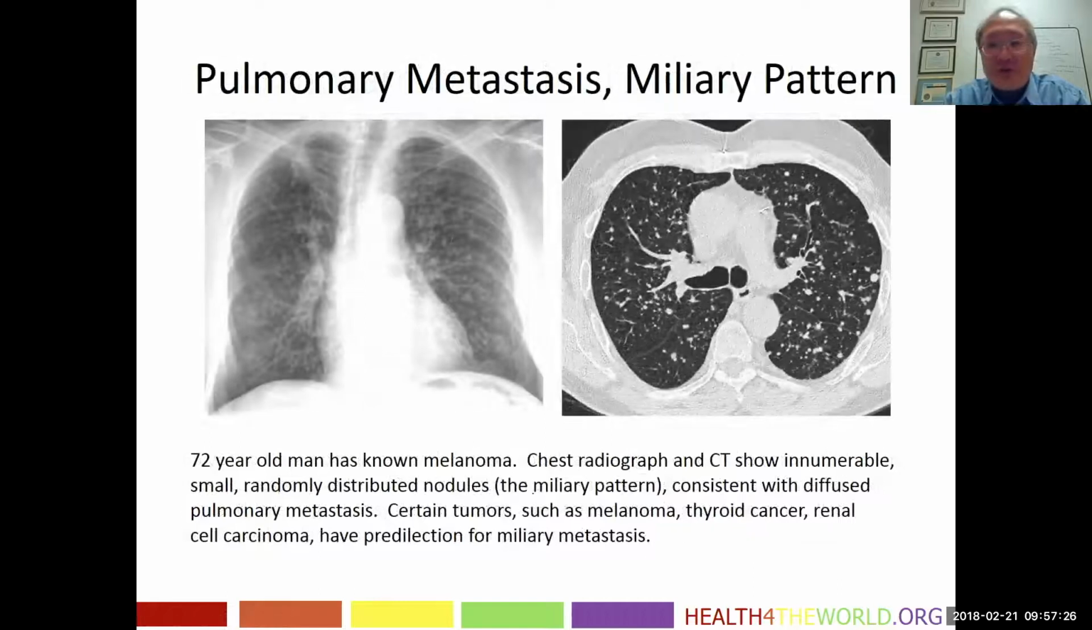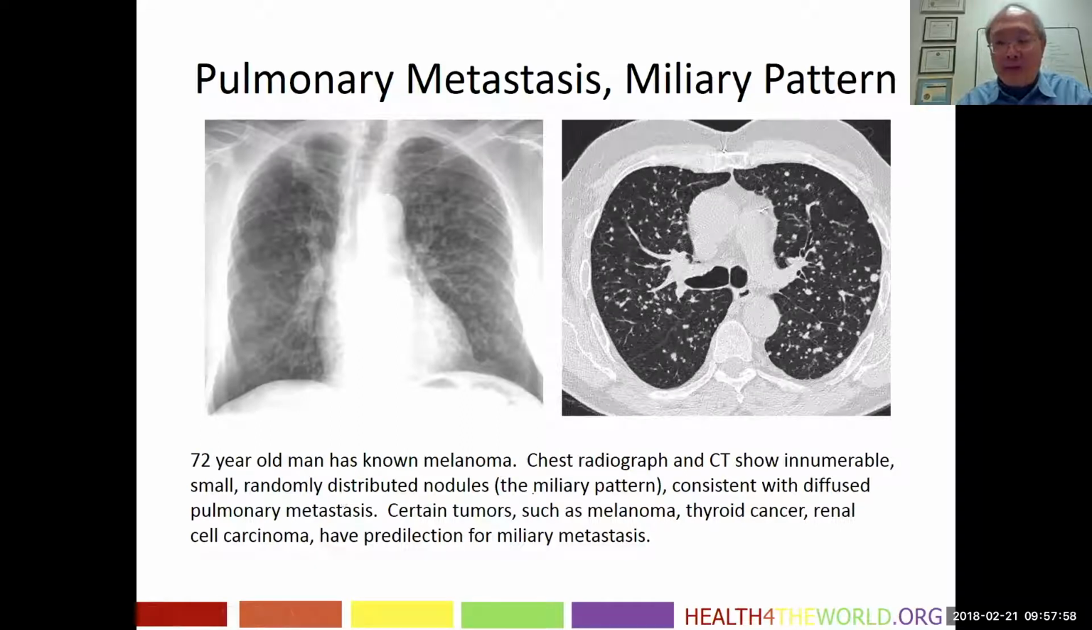Next case, we're going to show you a lung with diffuse nodules distributed everywhere. And we typically, in these situations, will execute the high-resolution CT to try to evaluate the distributions of these nodules, to perhaps give us a clue what it could be. What we do know about this is a 72-year-old patient with known melanoma, so metastatic disease in the lung is high on the list. And on the CT, indeed, we see innumerable, small, and most importantly, randomly distributed nodules in